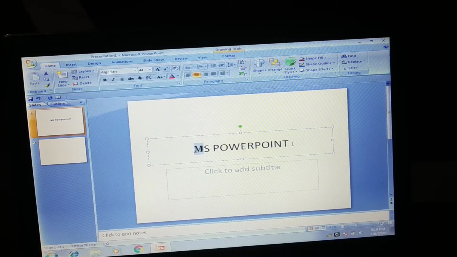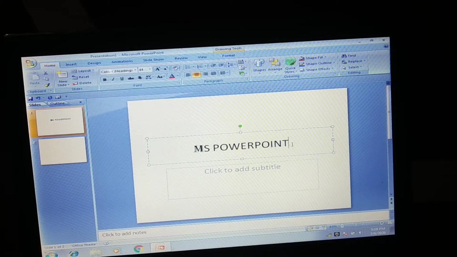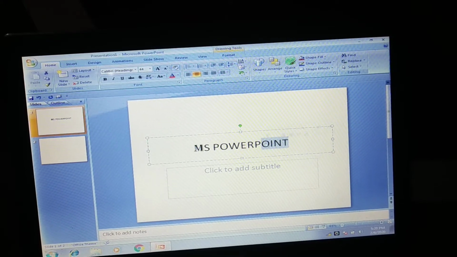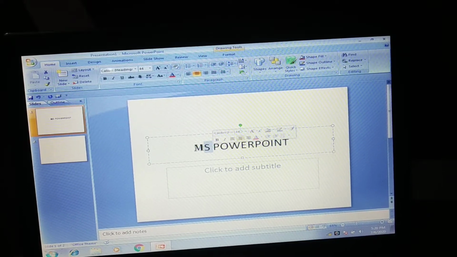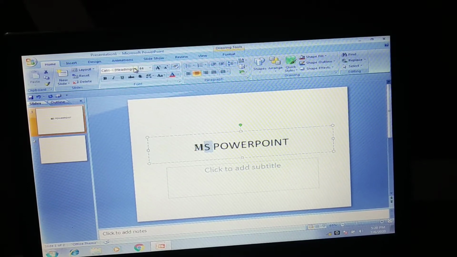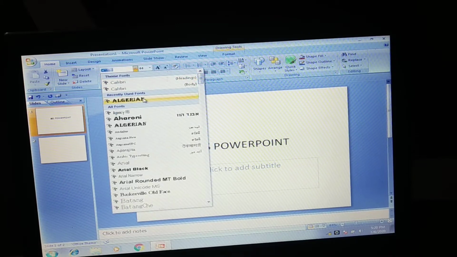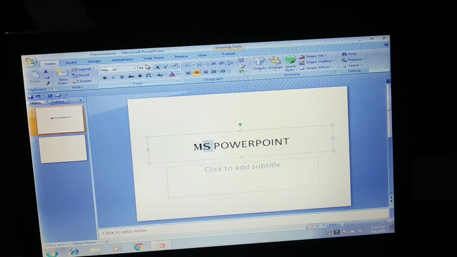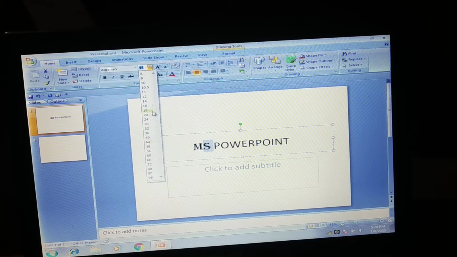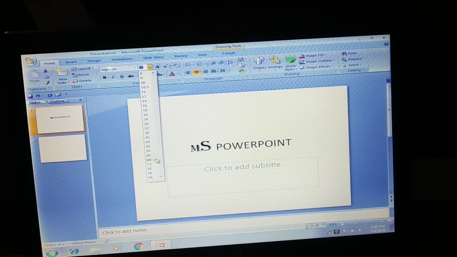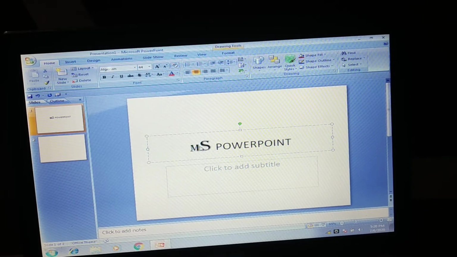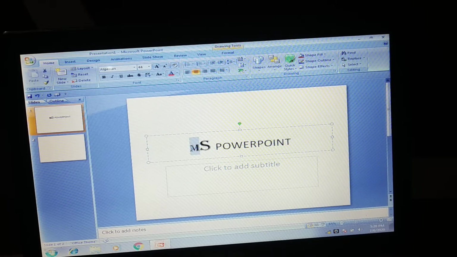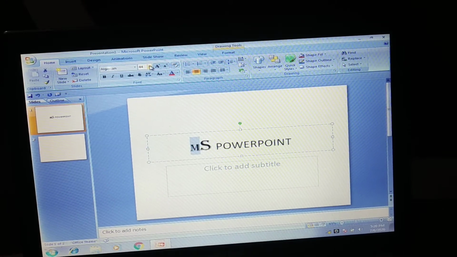See, it is already applied on M. Let me apply it on S as well to make it look a little different. Let me increase the size. Whichever way you like, you can make it look interesting and attractive for your viewers.